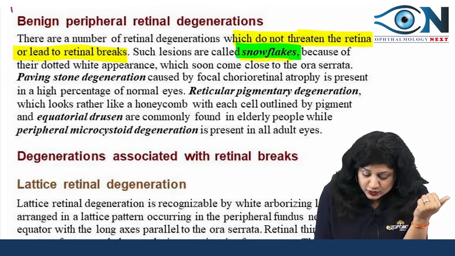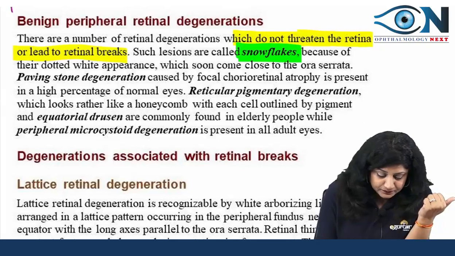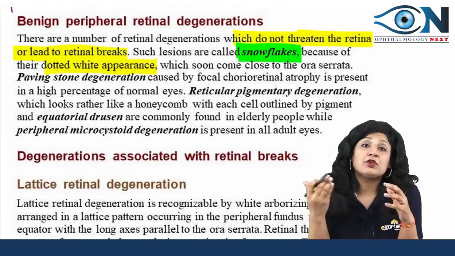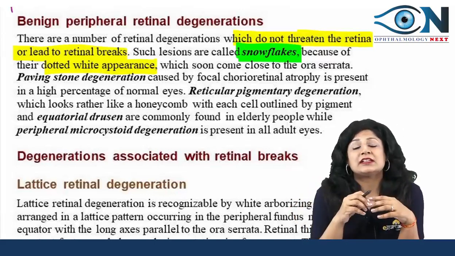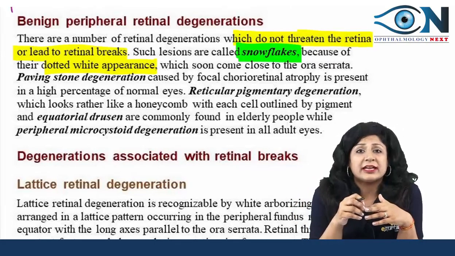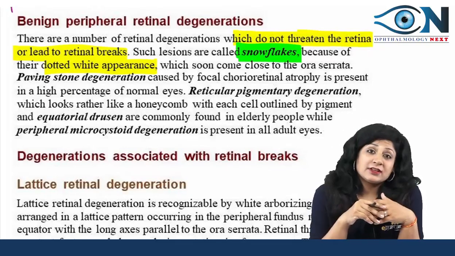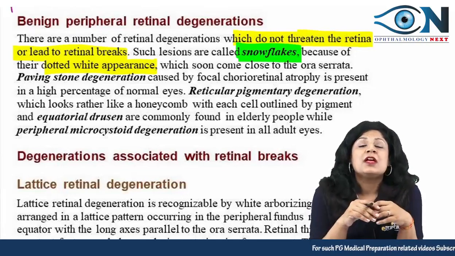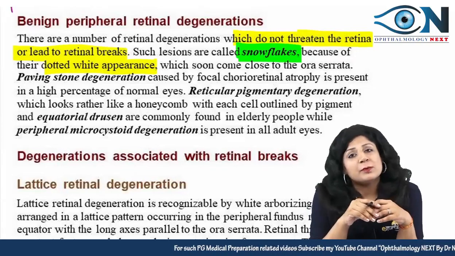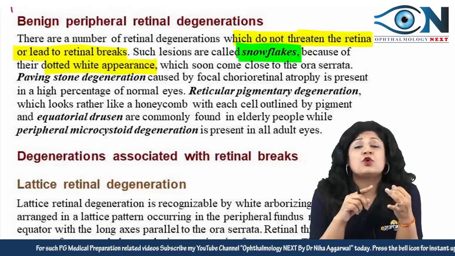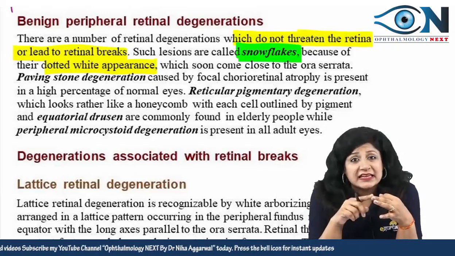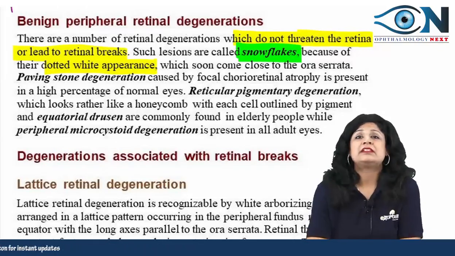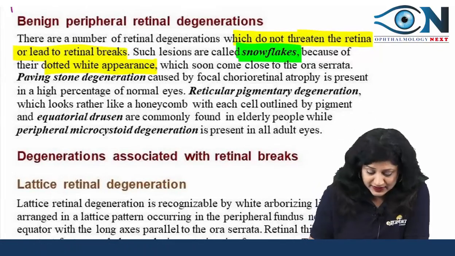They are called snowflakes because of their dotted white appearance, like the snowflake cataract that we get in cases of diabetes, that is your true metabolic cataract. And I always say in classes that snow definitely has a strong relationship with ophthalmology. We have so many signs. We have snow blindness, snowball opacities, snow banking, snowflake cataract, and here again we have snowflakes, a dotted appearance which is quite near to your ora serrata.